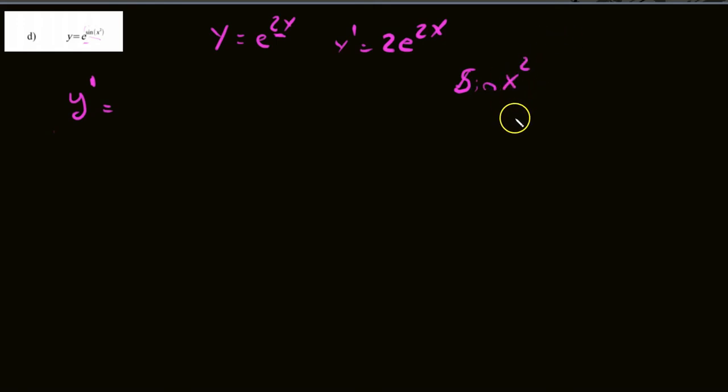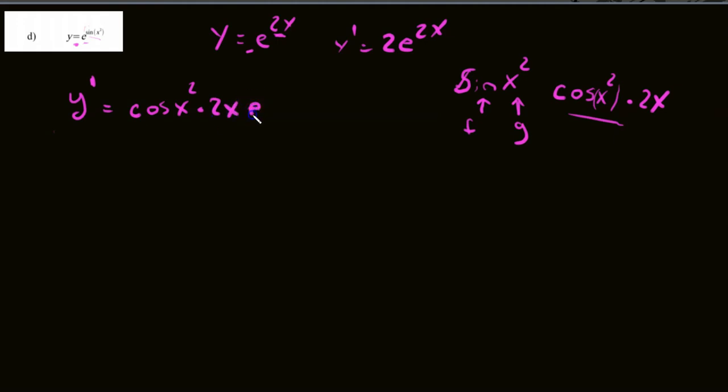This one here is also the chain rule itself. We got a function f here, we got an x squared itself. So it would be cosine x squared, leave the inside alone, and multiply by the derivative of the inside, which is the x squared. So now that we know this, we can just put it in the front over here for this expression. So cosine x squared, 2x, and you rewrite the original function